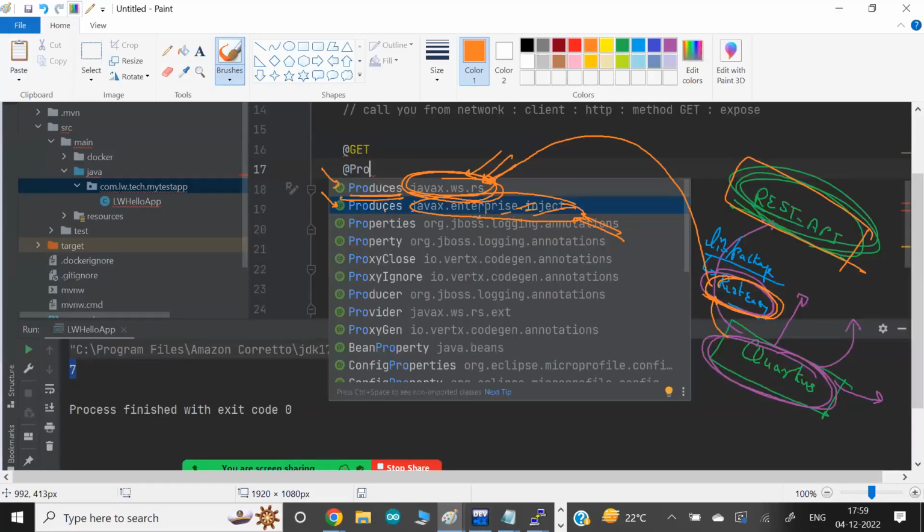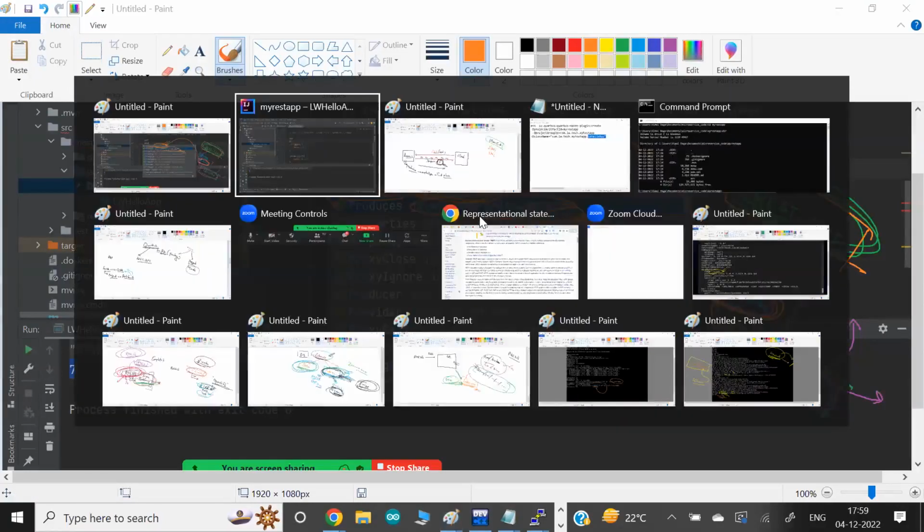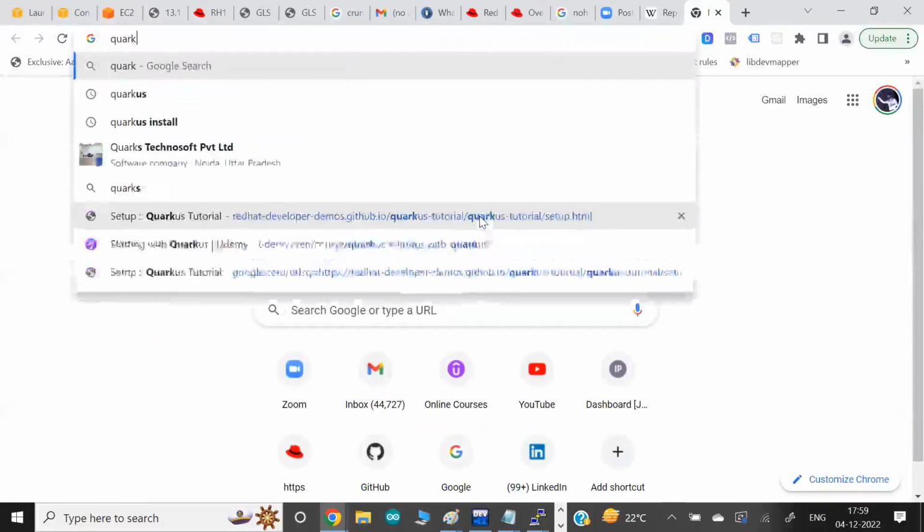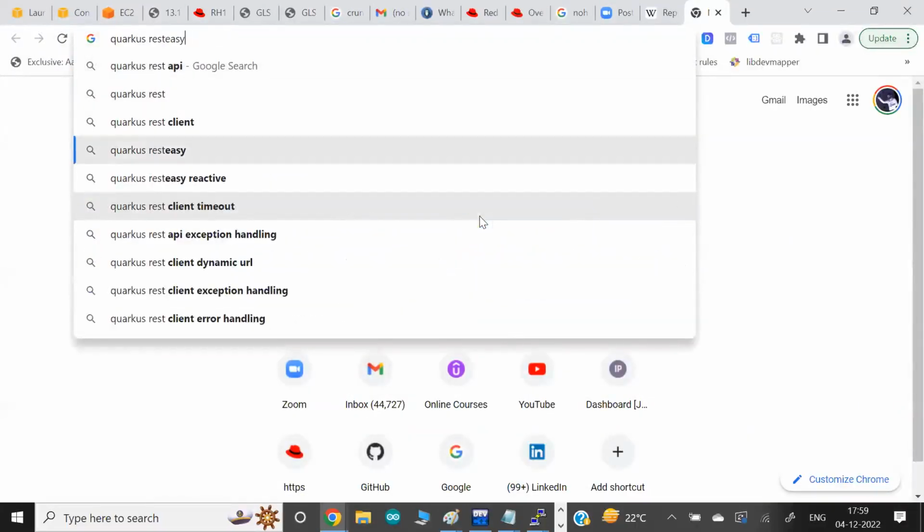So in simple terms, very quickly, let me also show you this search, Quarkus RESTEasy.